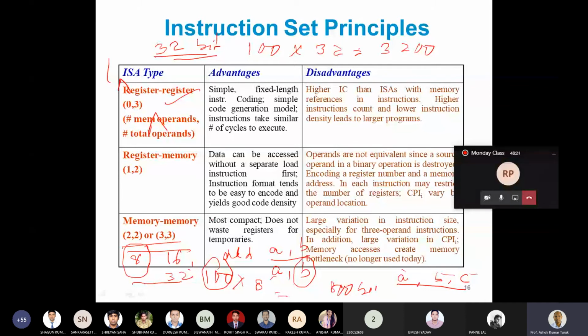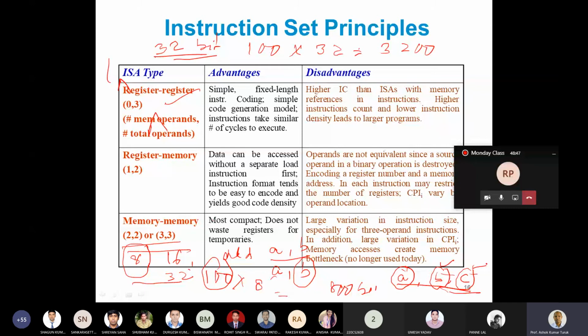Now say one of them is in the memory and these two are in registers. What will be the number of bits to specify a register? It will be less than the size needed for a memory address. So the size of the instructions is going to vary depending upon how the operands are specified, whether the operands are in memory or in registers.